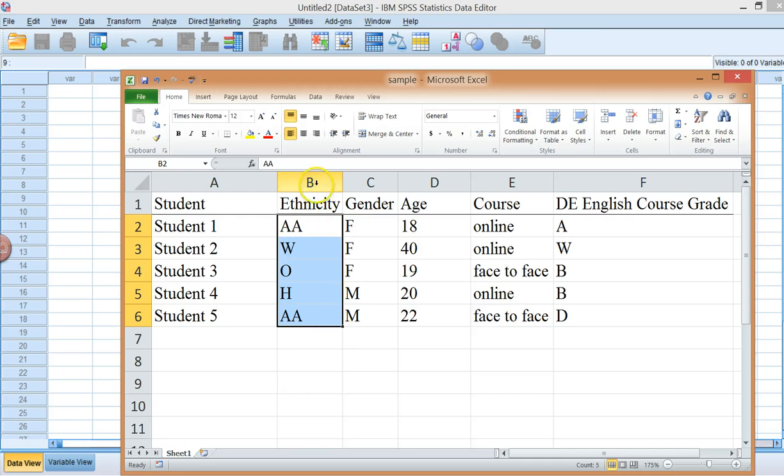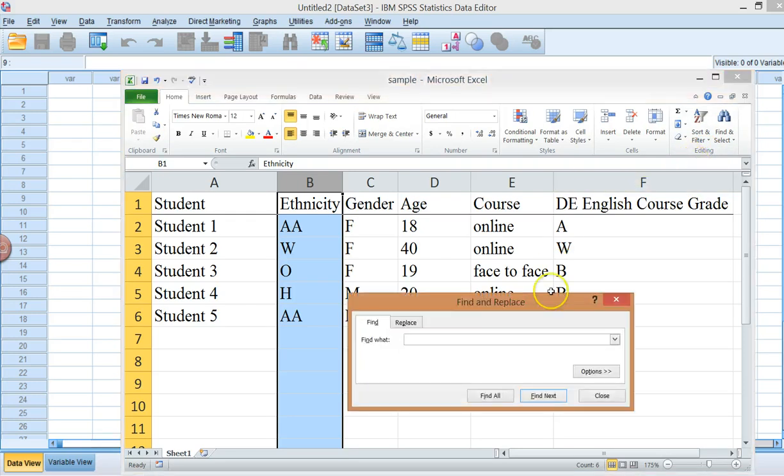So for example, if you wanted to do it within Excel, you could search using Control F or Find and Select. You could search for AA, which is your first variable here, and let's say that you have decided on your coding, you're going to go alphabetic: AA is 1, H is 2, O is 3, and W is 4. So here you would replace all your AAs with 1,